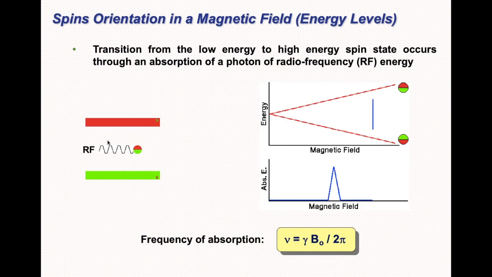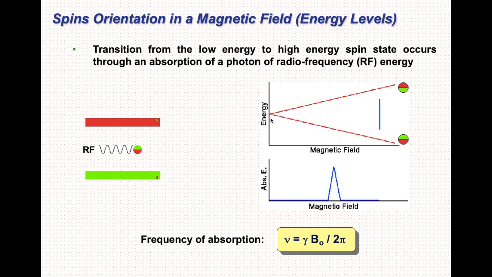The quantum mechanical description of resonance can be understood using this cartoon diagram. You can see a magnetically active nucleus is placed between the poles of a bar magnet. When an RF pulse is applied, the alpha spins will make a transition to the beta spin state, which are indicated with two different colors. In the right-hand diagram, you can see that the separation between the nuclear spin states increases linearly with the applied magnetic field.